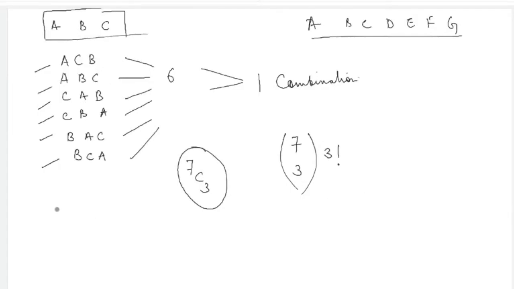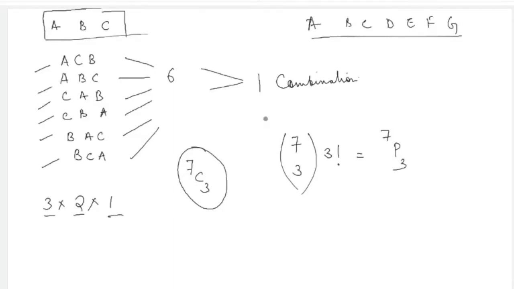क्योंकि 3 फैक्टोरियल क्यों? क्योंकि अगर सपोज 3 पोजीशन है आपके पास, तो पहली पोजीशन में आप 3 इंडिविजुअल्स को रख सकते हो, दूसरी पोजीशन में बिकॉज पहली पोजीशन में एक इंडिविजुअल ऑलरेडी चूज हो जाएगा, तो दूसरी पोजीशन में 2 को रख सकते हो और तीसरी पोजीशन में 1 को रख सकते हो। सो आप अपना ऑर्डर्ड प्रोडक्ट रूल लगा के यहाँ पे बोल सकते हो कि जितने भी कॉम्बिनेशंस पॉसिबल हैं विच इज 7C3, उनको फर्दर जब आप 3 फैक्टोरियल से मल्टीप्लाई करोगे तो आपको परम्यूटेशन मिल जाएंगे।